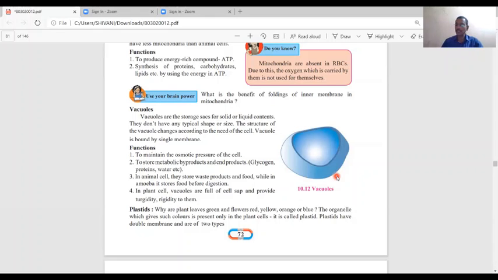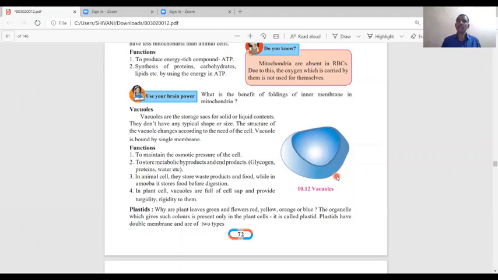Osmosis means the travelling of water from a part with more water to a part with less water through a selectively permeable membrane. The first function of vacuoles is to maintain the osmotic pressure of the cell